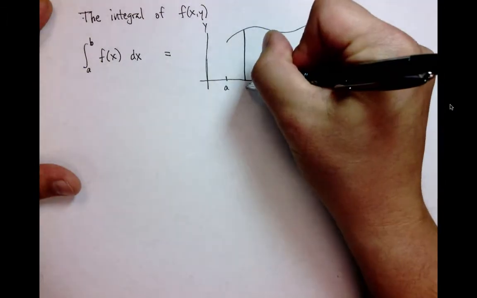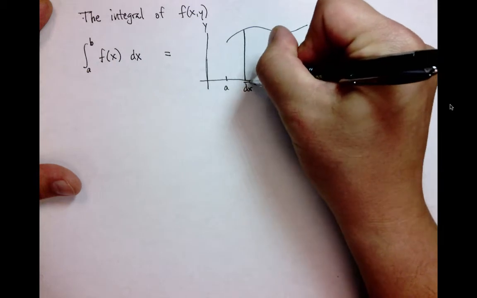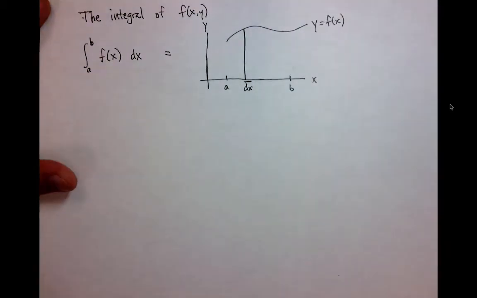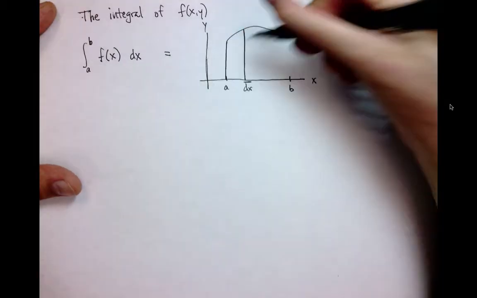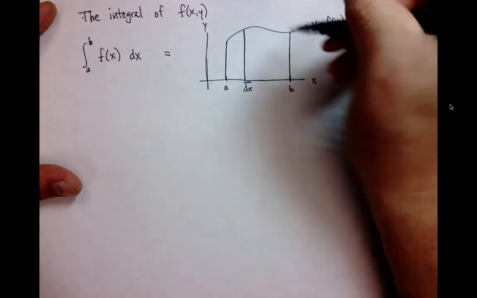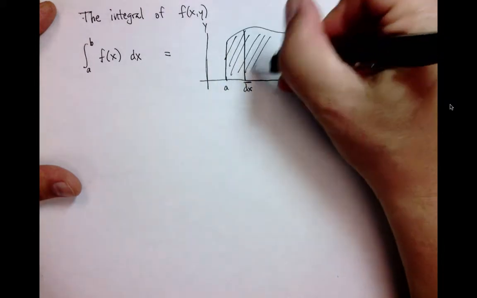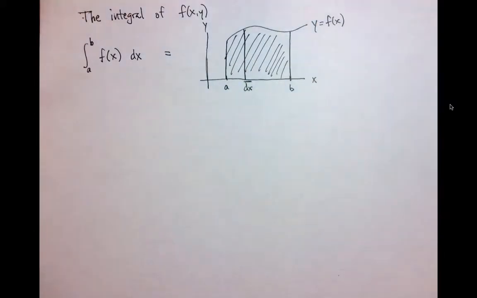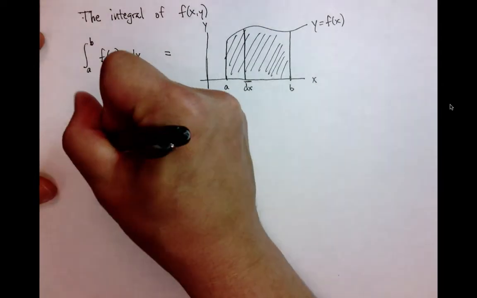dx would be a little patch of length along the x-axis. And then the definite integral from a to b was the area underneath this curve, or more precisely, between x equals a, x equals b, the x-axis, and the curve y equals f of x. So how are we going to generalize that